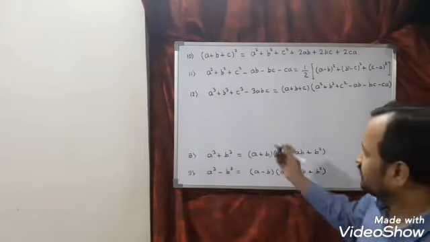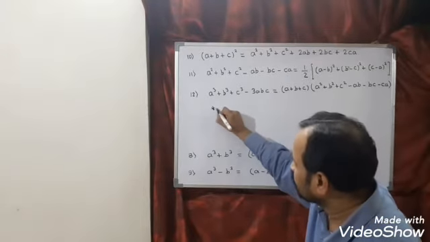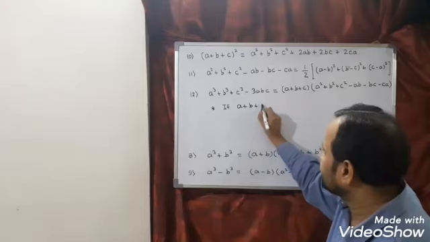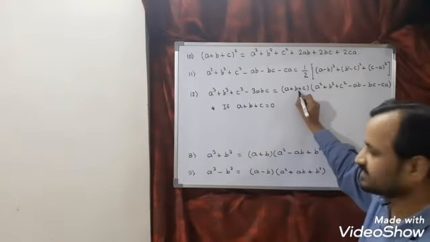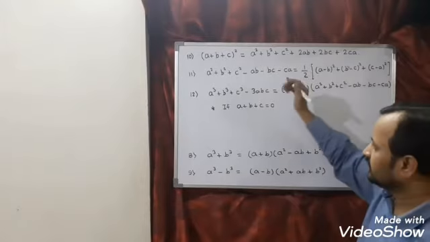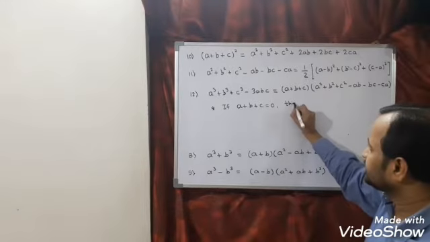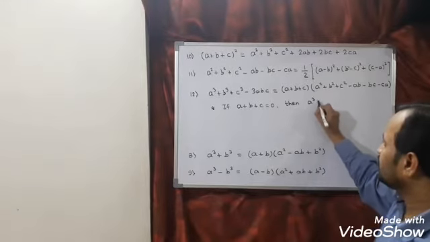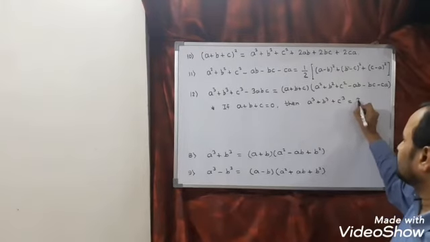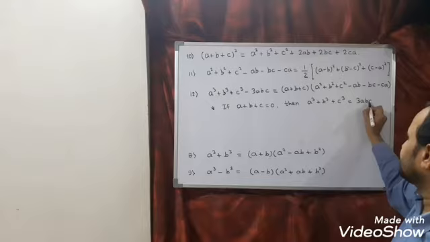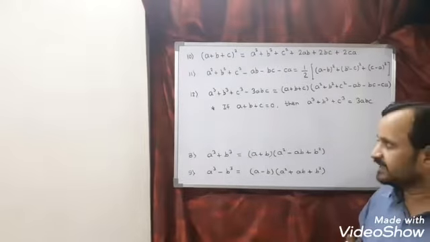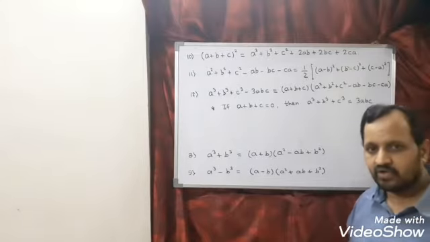Right, and from this, one very important point we can take out is, if a plus b plus c is equal to 0, if this term is equal to 0, you can see here this total term will become 0. Then finally what you will get is, a cube plus b cube plus c cube is equal to 3 times abc. So these are some 12 algebraic identities which you have to remember always.